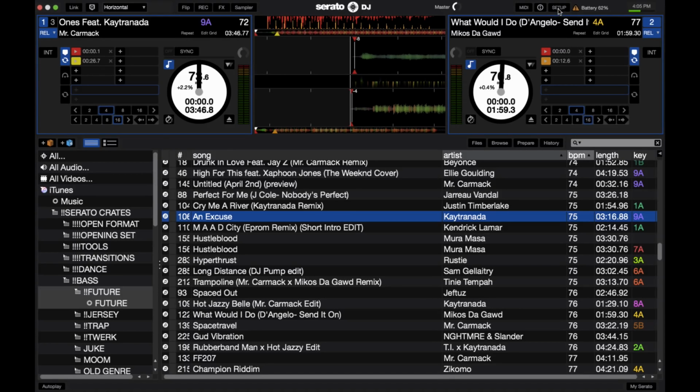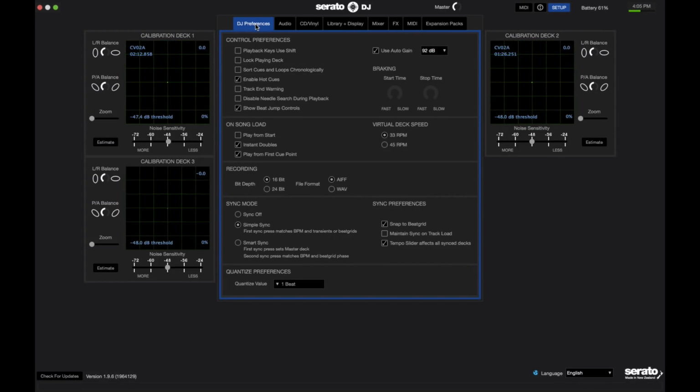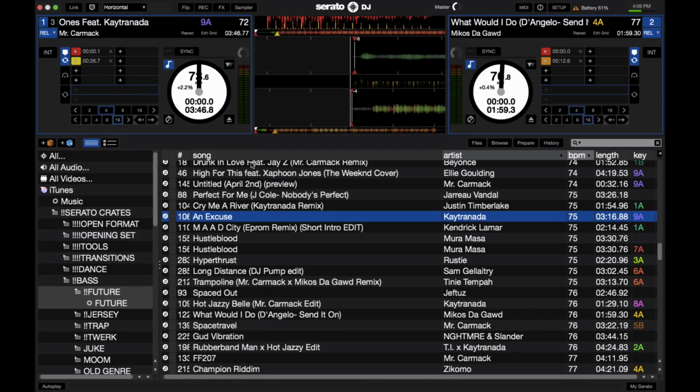So in this case, let's go to the setup, DJ preferences tab, and right here under sync mode, notice I keep mine usually at simple sync, but for this to work, we actually have to move to smart sync. So I'll go ahead, click on smart sync, and then I have these two tracks loaded. I have the same track that I had loaded in Traktor, and then I have another track that's not the same BPM. So if I go ahead and start this track first,